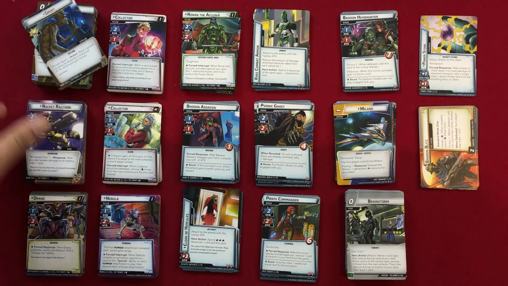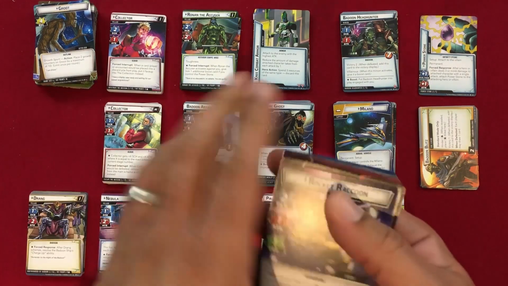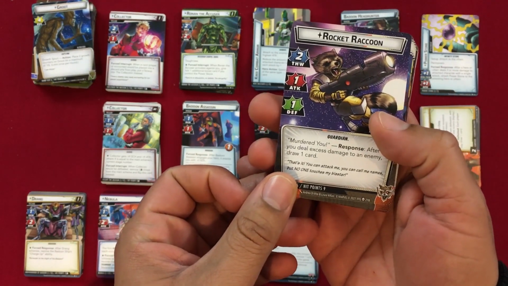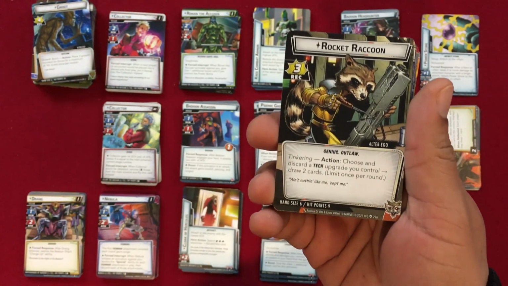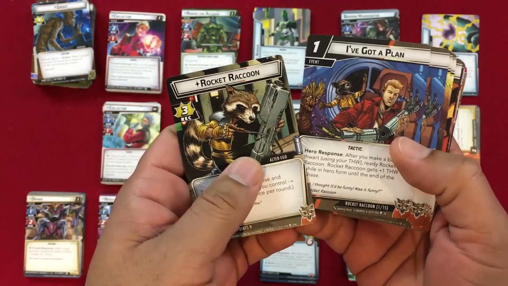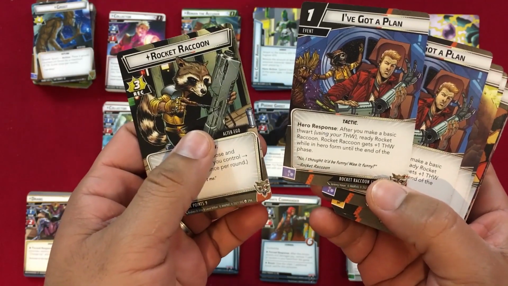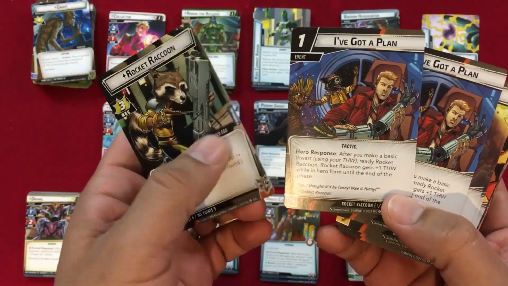Let's take a look at the Rocket Raccoon deck, and we're going to be spending more time on the heroes than the villains. So as you can see, response, after you deal excess damage to an enemy, draw a card. So you got some pretty cool ways to draw lots of cards. Choose and discard a tech upgrade you control to draw 2 cards. That's with this Tinkering. I've got a plan, and I love the fact that you've got someone's arm. After you make a basic thwart, ready Rocket Raccoon, and he gets +1 thwart while in hero form till the